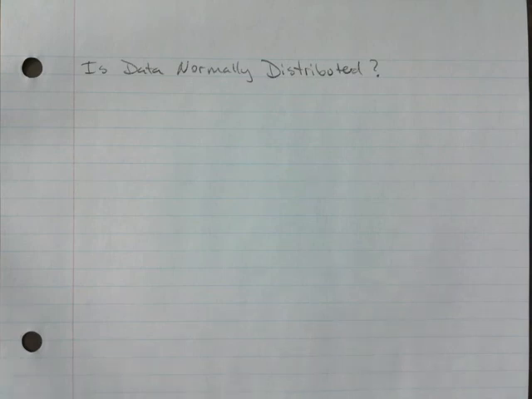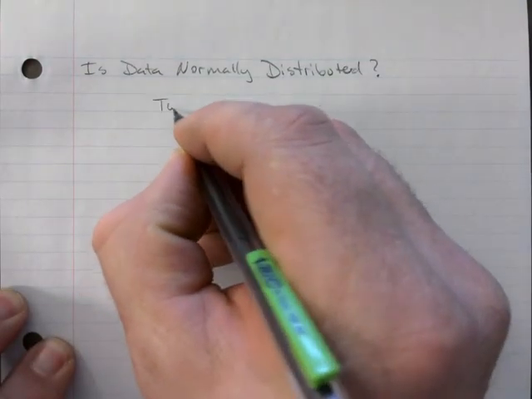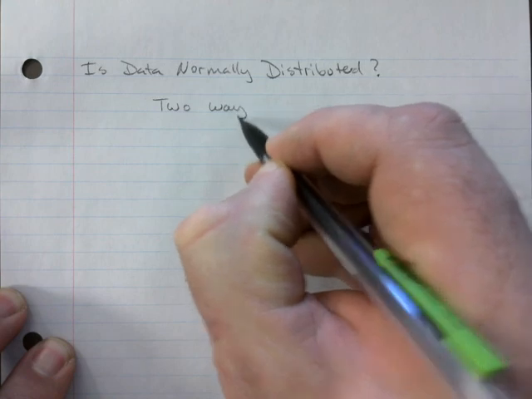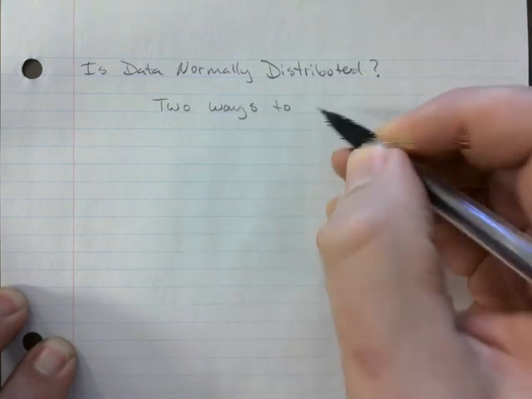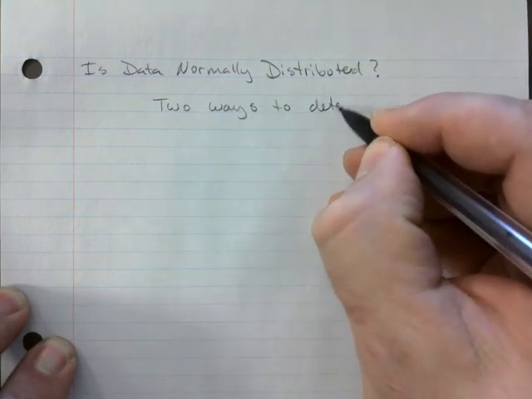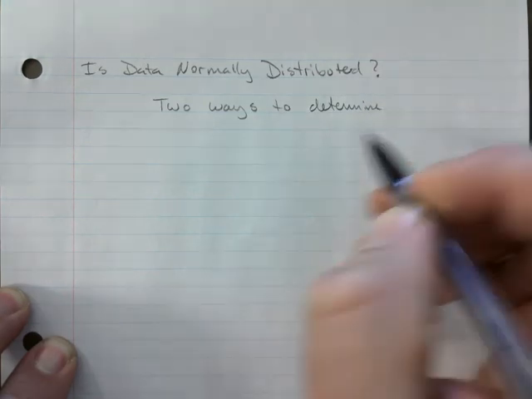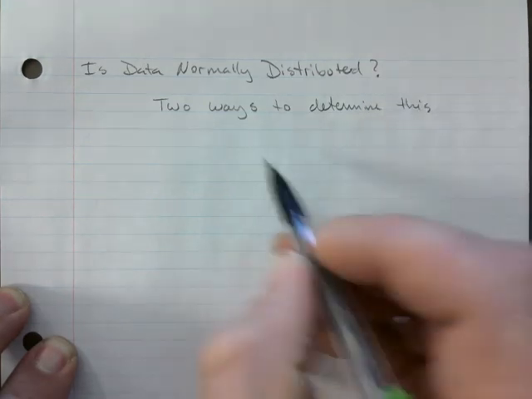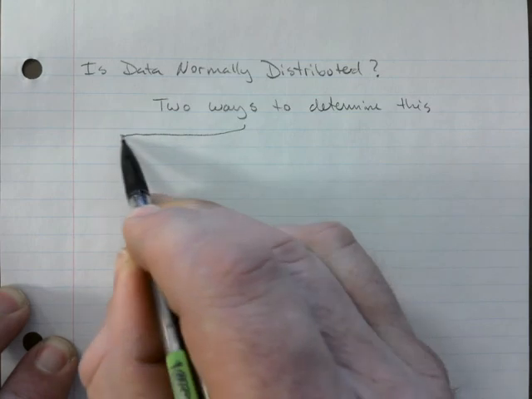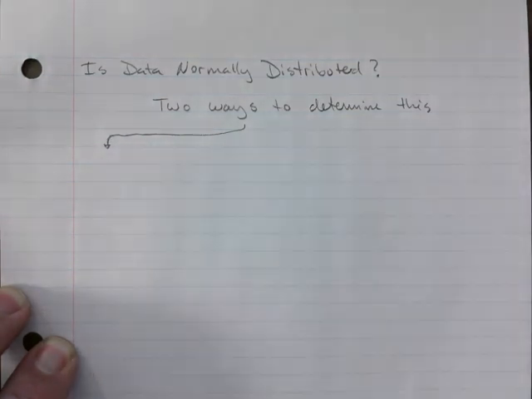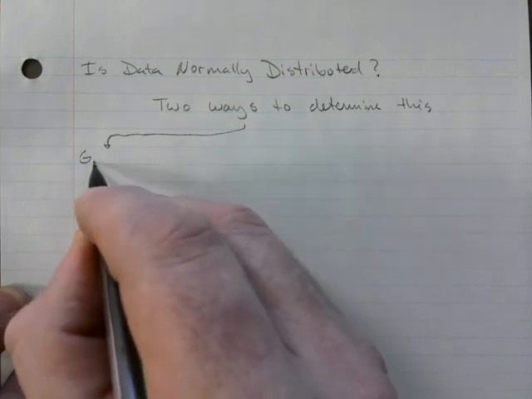In this course, there are many ways of determining that, but I will show you two ways of doing that. Two ways to determine this. One way we've already been doing, I don't know if you noticed it, but it's by graphing